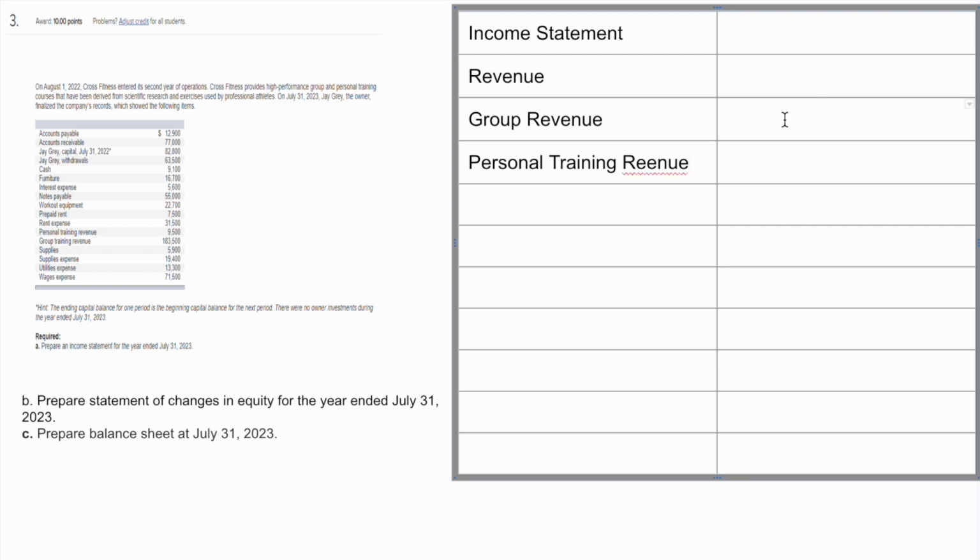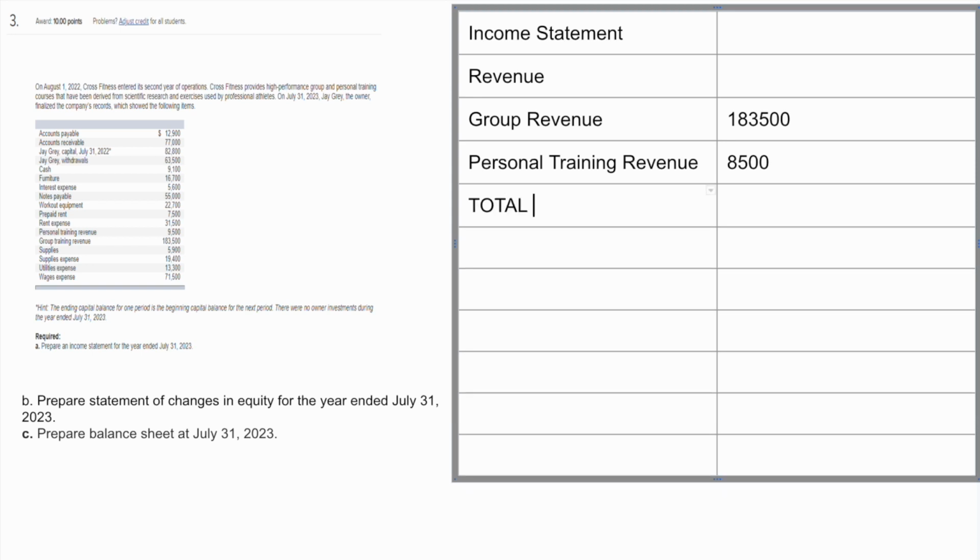Okay, so the group revenue was $183,500. And the personal training revenue was $8,500. Now, I don't see in this listing here any more revenue accounts. So if we add up our total revenues, total revenues come to